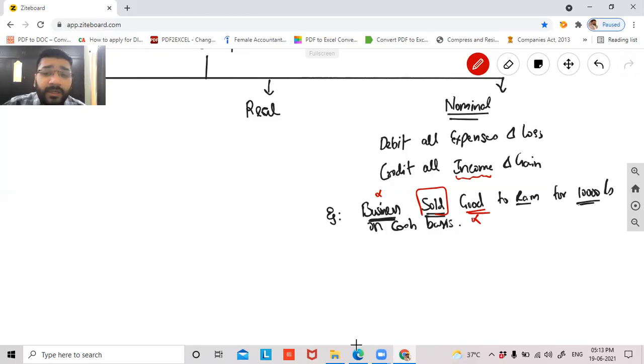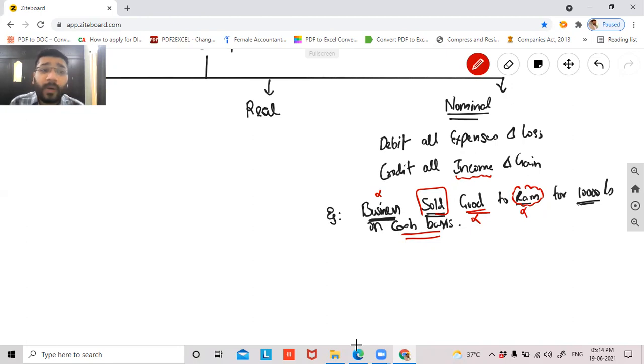Sir, will I take Ram into consideration? Because I'm selling goods to Ram, so I have to record his name. My question is, this transaction is done on cash basis. I'm immediately getting the money from Ram. So do I really need to remember his name? Let's say I'm running a department store, and thousands of customers come and buy from my department store on a daily basis. Is it practically possible to note down each and every person's name? No, sir. Why? What is the necessity for me to remember Ram's name? When this gentleman has already come and purchased and paid the money on the spot, what is the need for me to remember his name? So I will not try to account Ram also in my books of accounts.